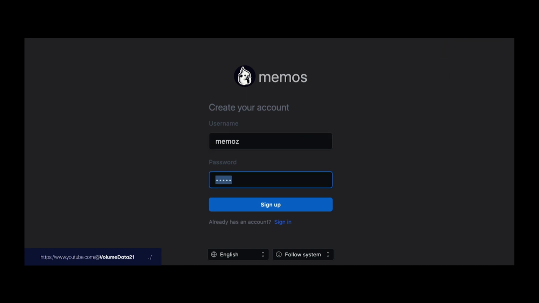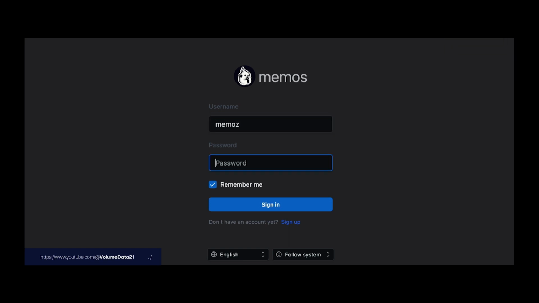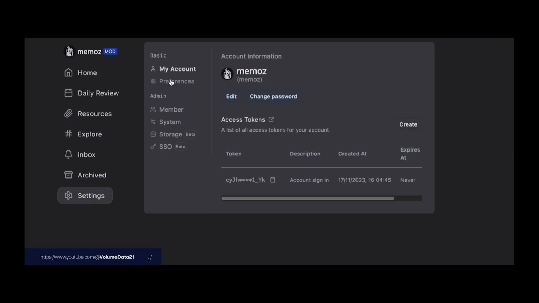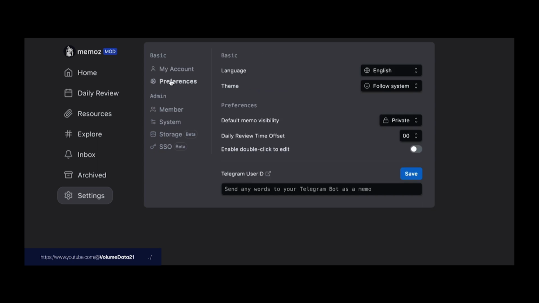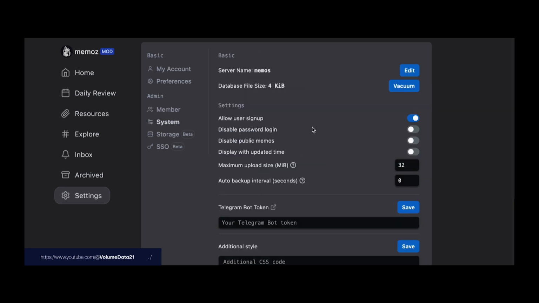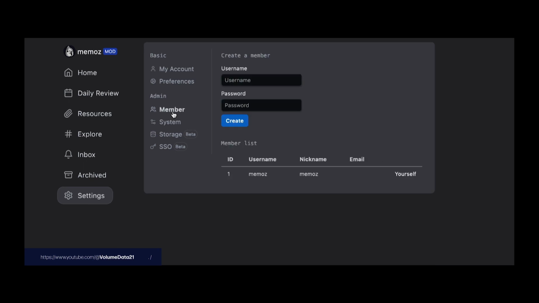Let's go back to Memos. Well, we'll have to sign in. Memos, and I'll have to enable that. So I'll go to Settings, Preferences, Members, System. Oh, okay, so allow user sign up. That looks good. So I'm not sure why I can't do that, but I'll just go to Members and create datas,